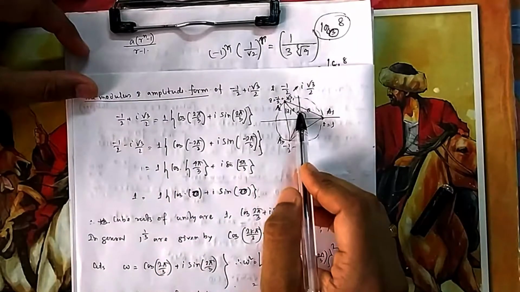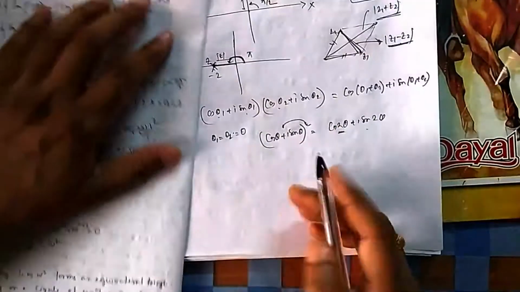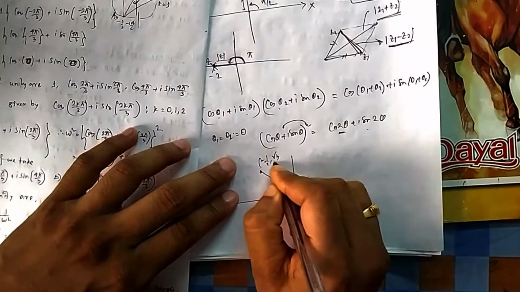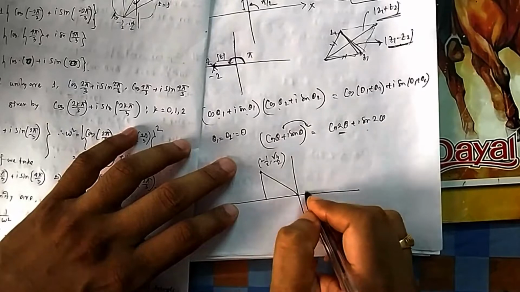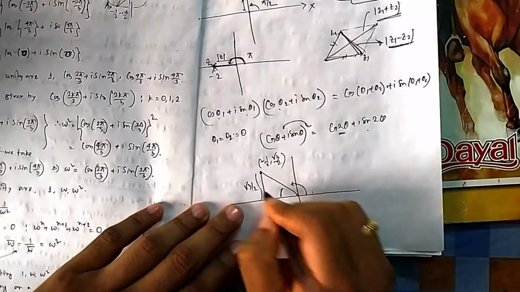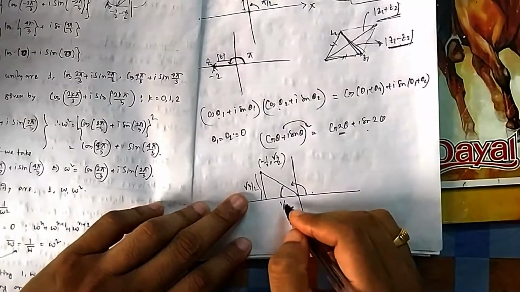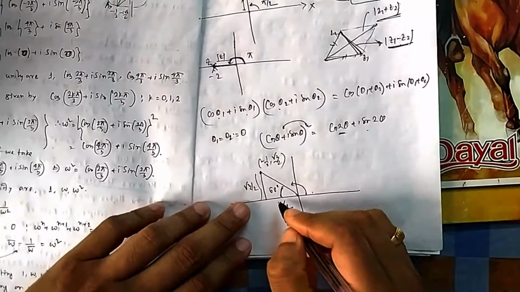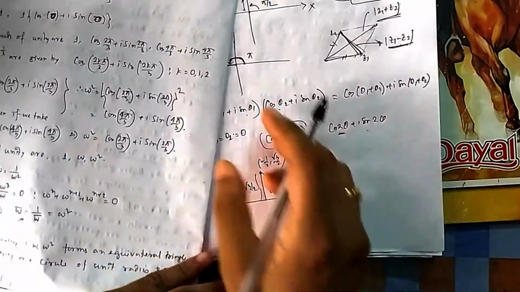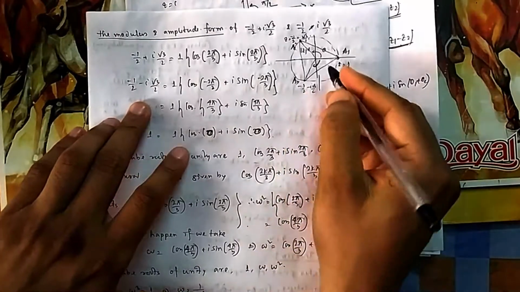And what is this angle? This point is minus half comma root 3 by 2. So I am talking about this angle. You can calculate this angle, then 180 minus this. This height is root 3 by 2, this distance is half. So tan theta is this by this, 2 2 cancel, tan theta is root 3, which is 60 degree. So this angle is 120, so you can see it is 2 pi by 3. Similarly, if you do the next one, it will be minus 2 pi by 3.